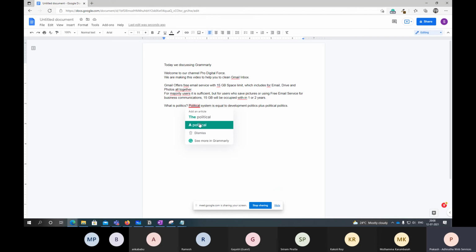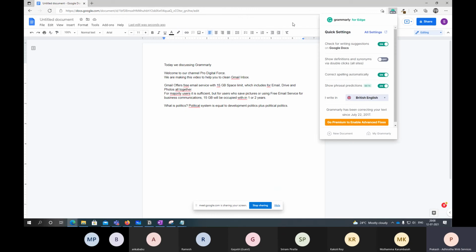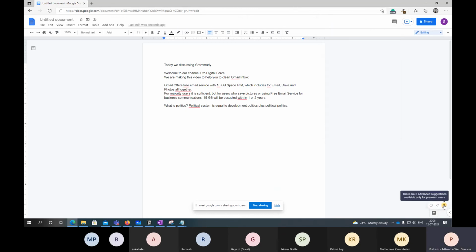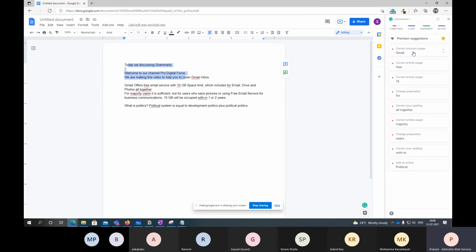So we have tools with us. Let us use those tools to make better content. That's all. So Grammarly is the one add-on that you can use in your browser. It will tell you, see, now that I've written these sentences, it is showing 9 mistakes or something. These are the few mistakes I have here. So corrections, clarity, engagement, delivery. These are the different suggestions it is giving me.